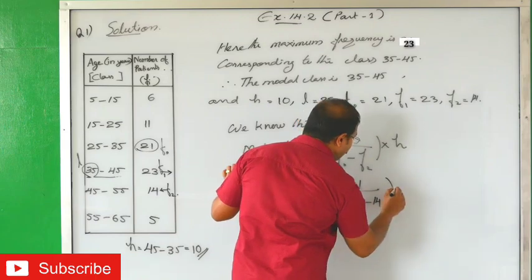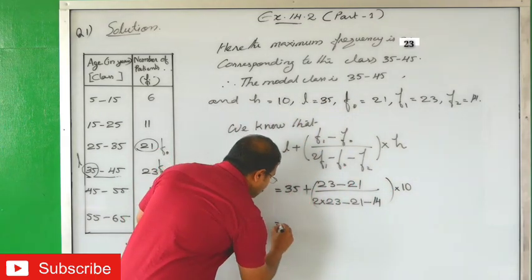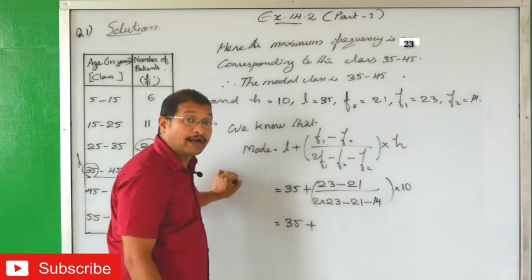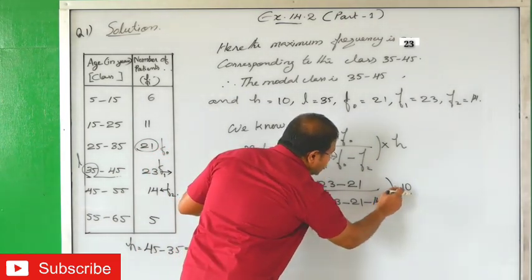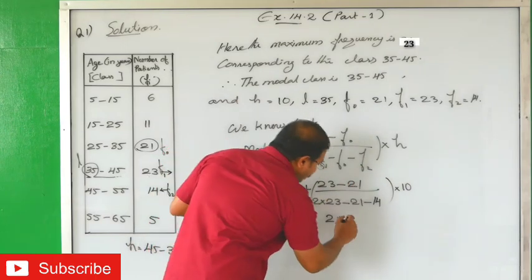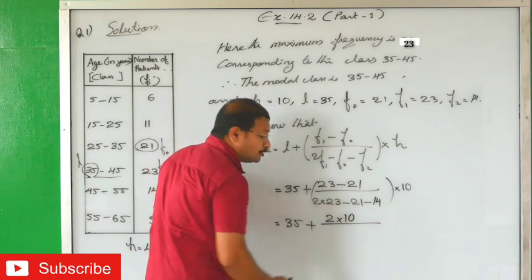Into, what is the value of h? Which is 10. Ready? This equals 35 plus 23 minus 21, 2, into 10. See, this is multiplication; if you want, you can write it in the numerator. That means into 10 will be written in the numerator, divided by 2 into 23,